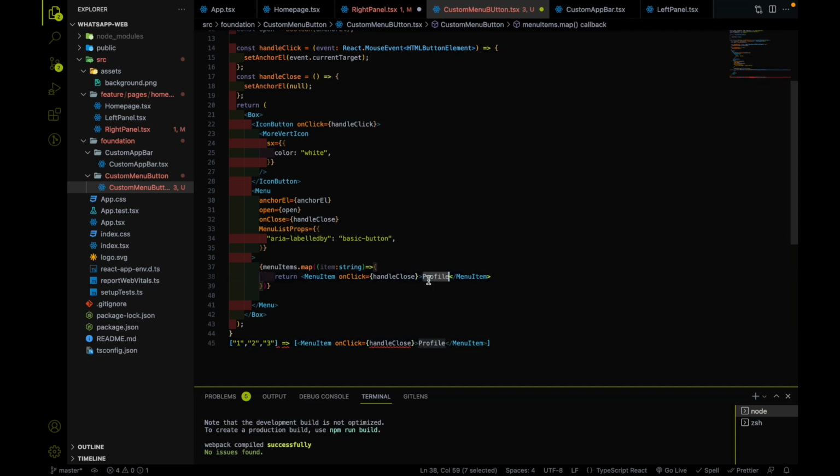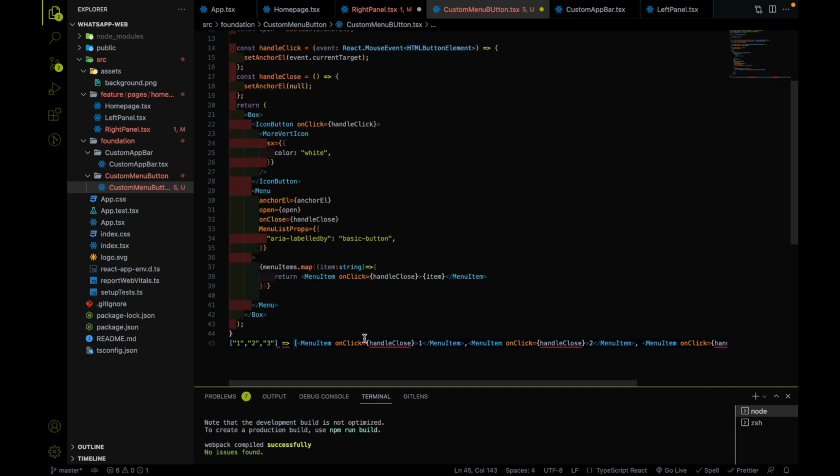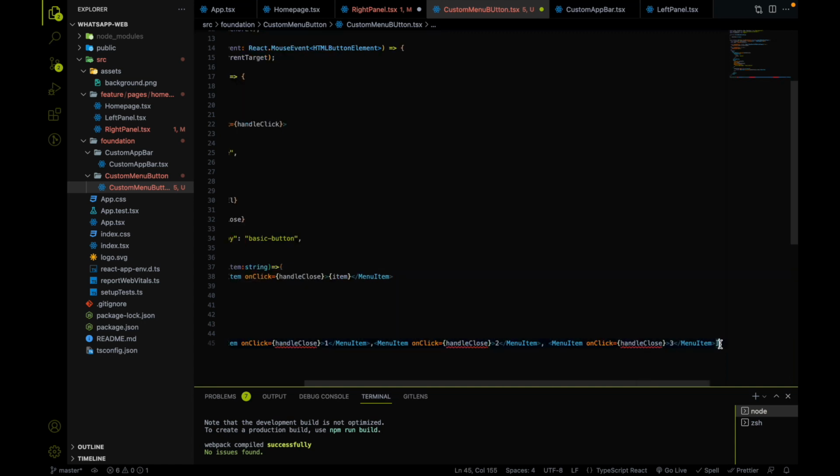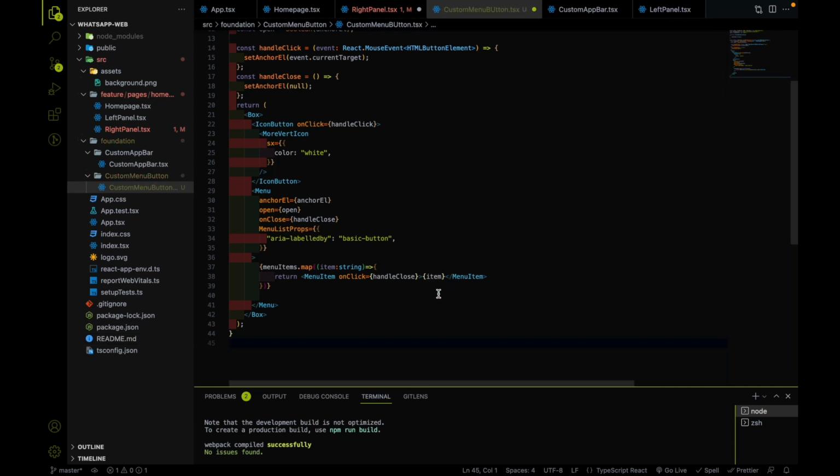and here I'm going to put an item, so it is going to be a 1, then it is going to be a 2, and it is going to be a 3, this way. So we are basically mapping this whole array into a set of different elements which will return a menu item. So now it is not a static menu item, it's a dynamic menu item. Okay, so